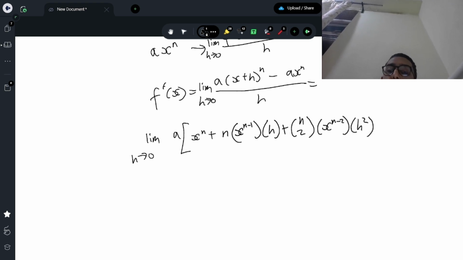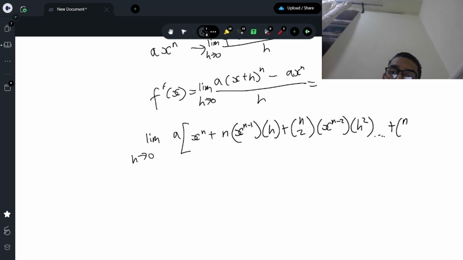And what's important to remember is that the power of this term and the power of this term have to add to n. n minus 2 plus 2 is n, here n minus 1 plus 1 is n, and n plus 0 is n. Then it's a bunch of terms, however many, where the power goes up by 1, until finally we get to